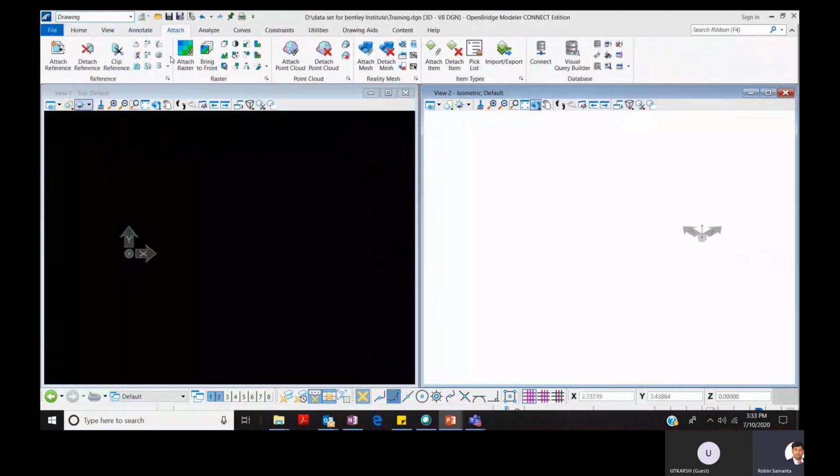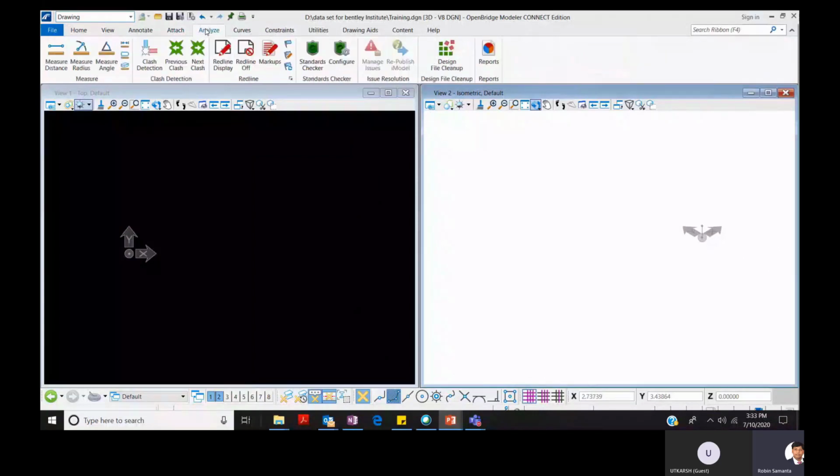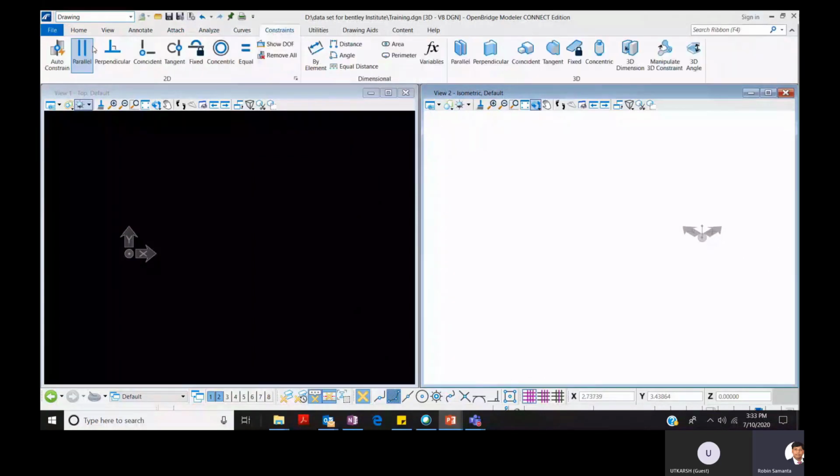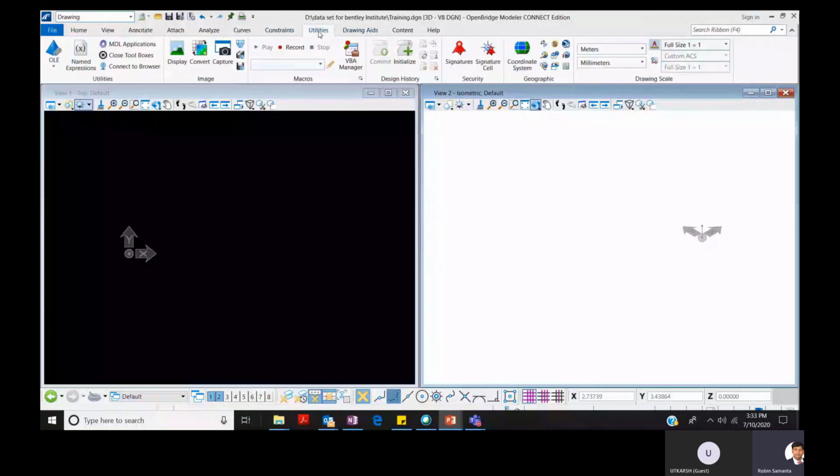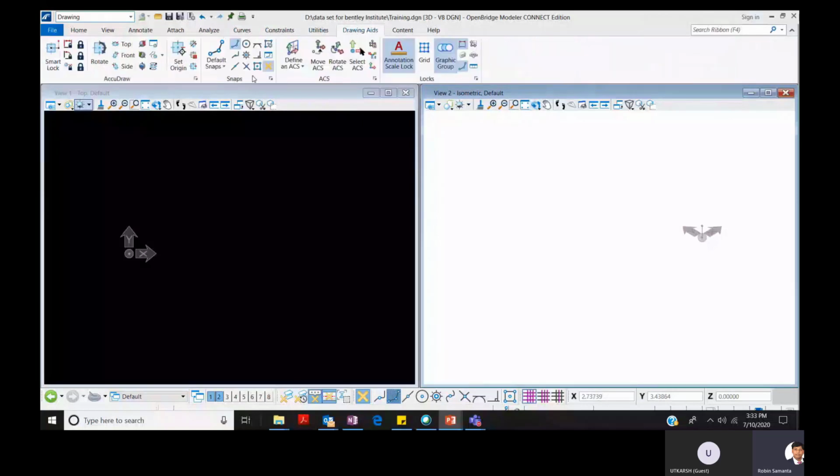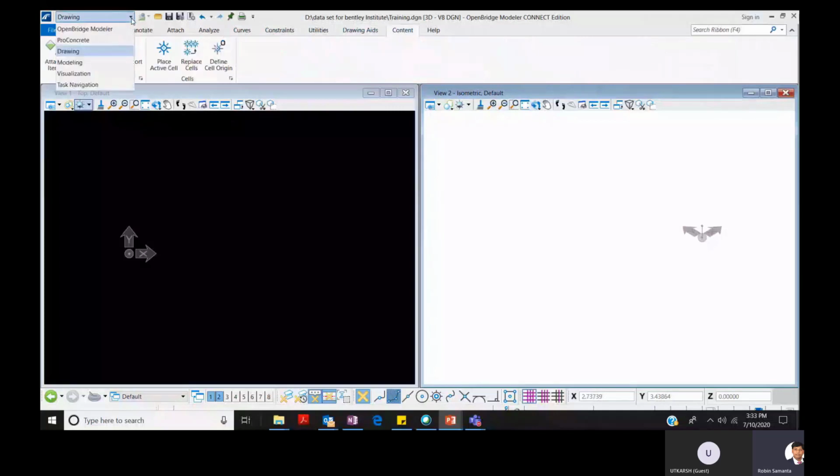So that's how different modes are available, and under different modes, you can go into different tabs and see what is available here. So this is applicable for creating different kinds of architectural shapes, what we call a parametric cell. So under functional variables, you can do it. Here you can see you can set up the coordinate system, or you can change the scale as well. Then under drawing aids, there are certain annotation scale options as well.